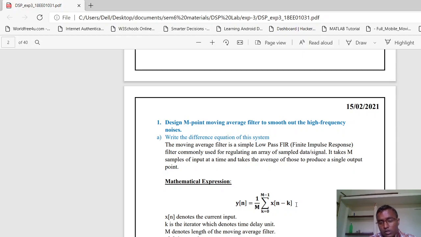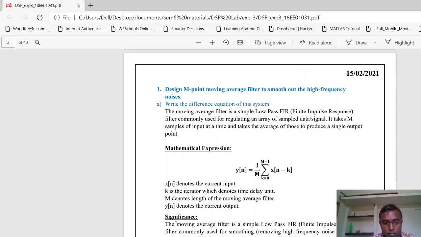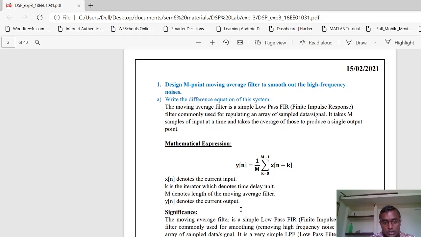In this one we are looking back at some samples from the reference of input n, and then we are averaging them. The expression is y of n is equal to the summation of x of n minus k, for k equal to 0 to M minus 1, divided by M. Its significance is that it reduces the high frequency component. When we average a sample with its neighbors, the output becomes similar to those neighboring points. In that way we are reducing the high frequency component.